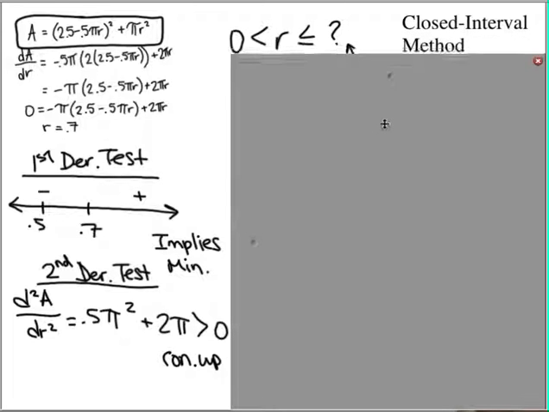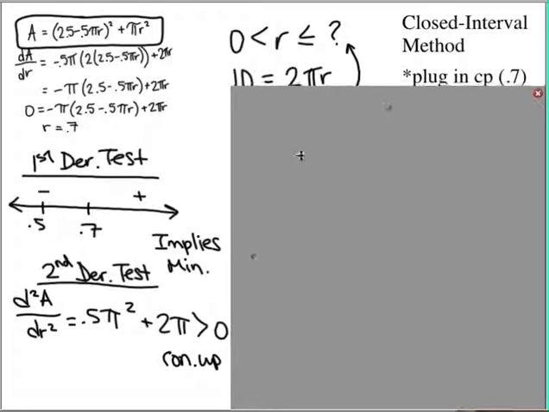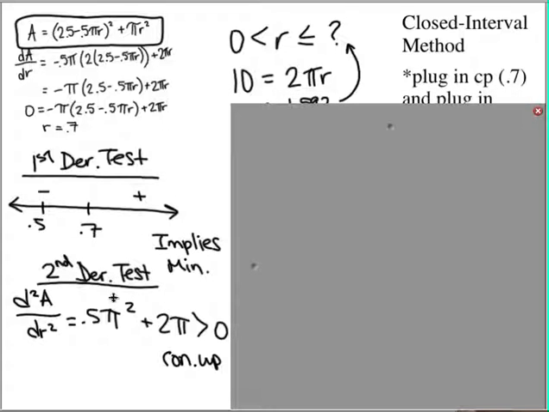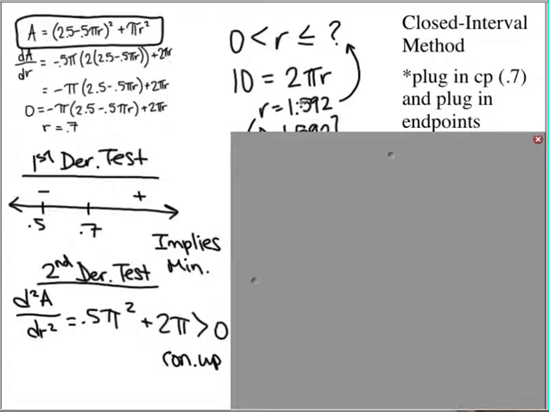This is the extreme value method. Because we get a minimum and the first and second derivative tests don't back up our work, we need to double check the endpoints. We've just done the critical point, 0.7. Now we have to check the endpoints, meaning the lowest and highest values that we can plug into the function, to see if we get a maximum area that way. Think of it this way. If I use all 10 feet of wire for this circle, so 10 equals 2 pi r, that means the radius can be as large as